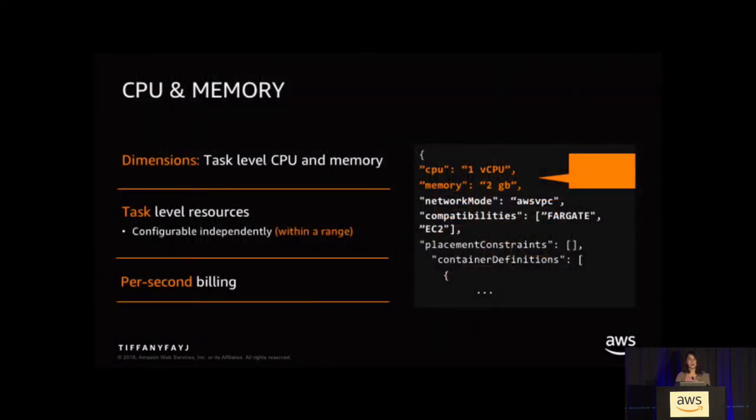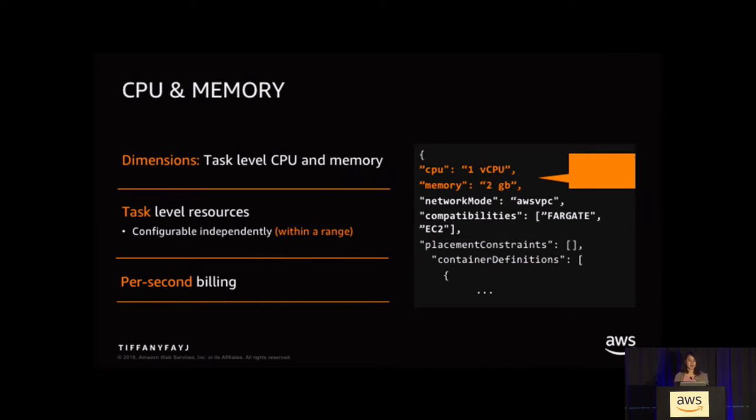So for CPU and memory. For Fargate tasks, you have to define a task level of CPU and memory. If you've used EC2 before, you may know that you get to choose a specific type of instance. Say, do I want T2 micro? And with each of those instance types, there's a specific amount of CPU and memory. And since we're no longer dealing with instances here, you instead decide how much CPU and memory each task needs. So this can also result in, say, if you were underutilizing an instance before, now you can more easily use the extent of what you might need.